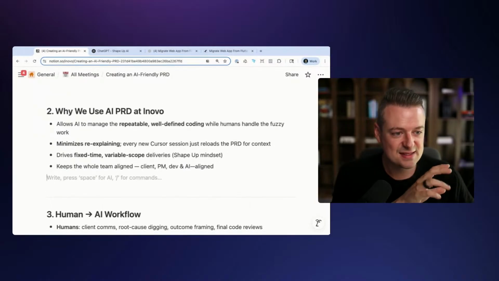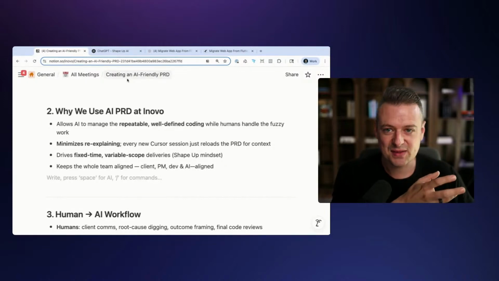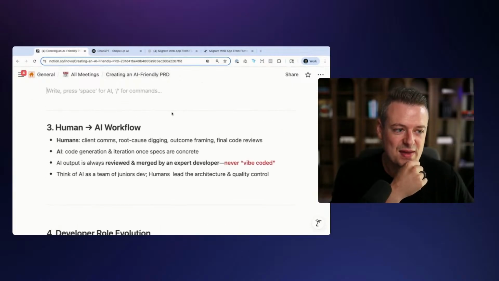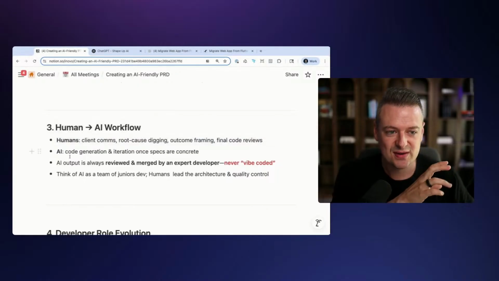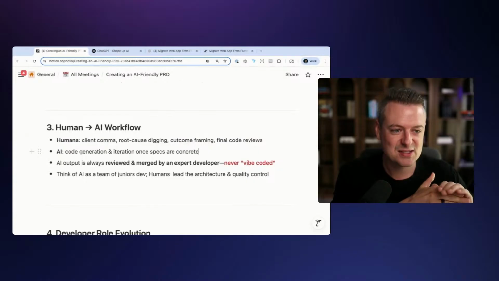And then clients can see it. Everybody can react to it once it's real. It's hard to react to something when it's in a breadboard form or it's just a prototype. And then the way I think about this, like I've said before, is that the humans, us, are going to own client communication. We're the experts at